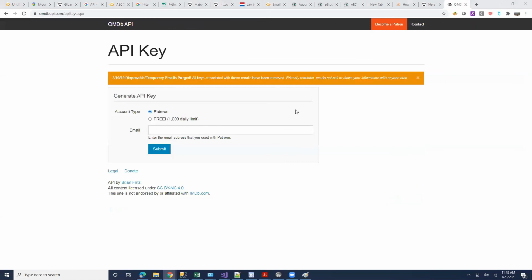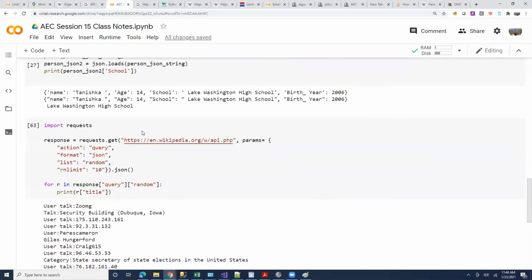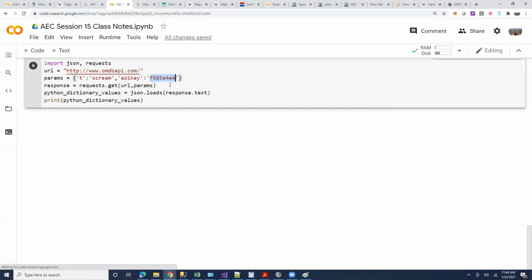So if you want to query this OMDB website, you are supposed to get your own API key. Like I went and got my own API key, which is this value here, F585, whatever. Most websites will ask you for some credentials within the GET request or within the POST request. You're supposed to post your API key. This is a common practice. This is how they track.